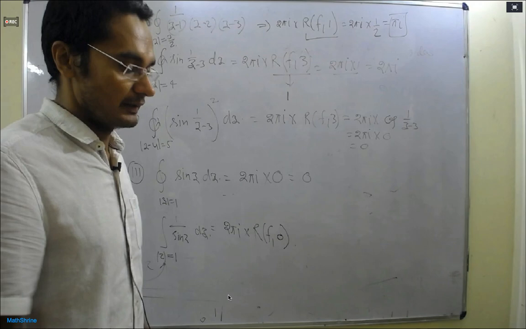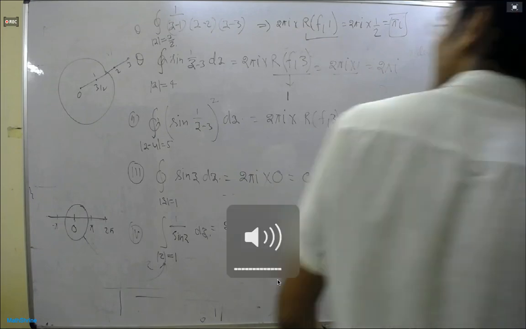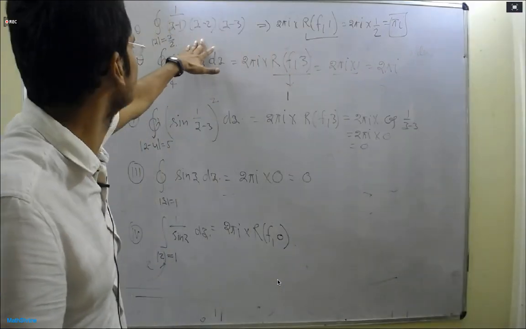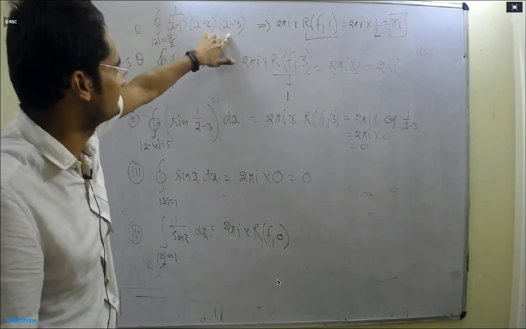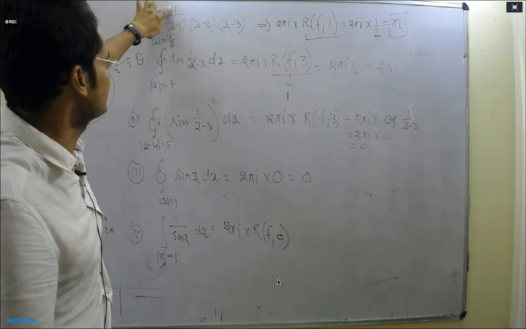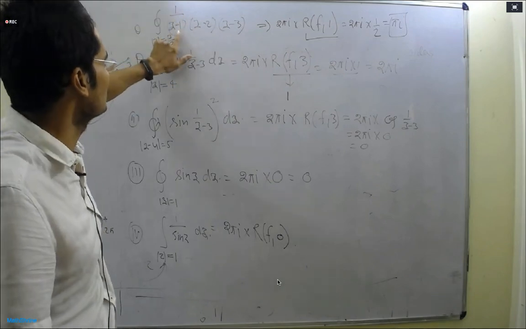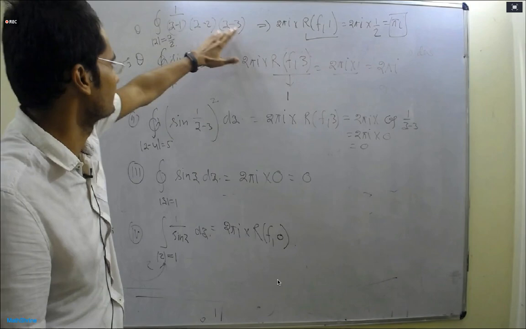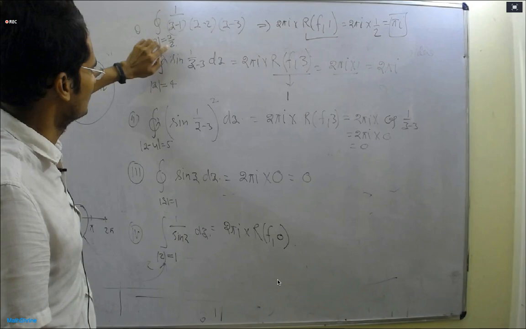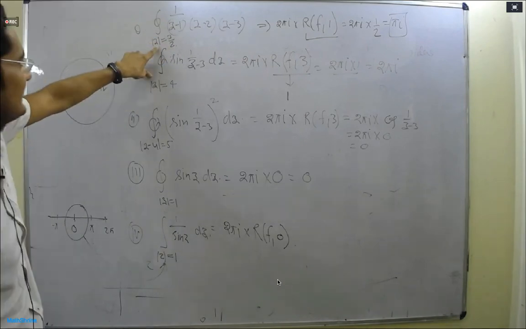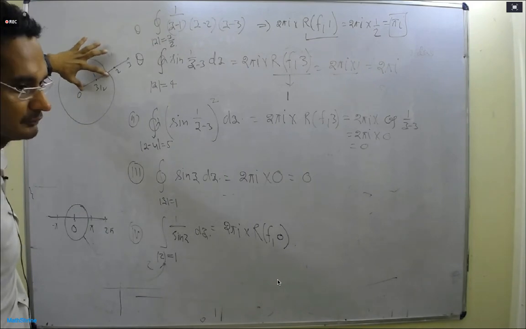Yes, I couldn't hear. So, see, we have the function 1 over (z minus 1)(z minus 2)(z minus 3). This function tends to infinity at 1, 2, 3, right? This implies that this function has poles at z is equal to 1, z is equal to 2, z is equal to 3. But we are calculating the integral over mod z is equal to 3 by 2. What is this region? This is z minus 0 is equal to 3 by 2. The center is 0. The radius is 3 by 2. But inside the region, the poles at z is equal to 2 and 3 are outside. So we don't need to calculate those points.